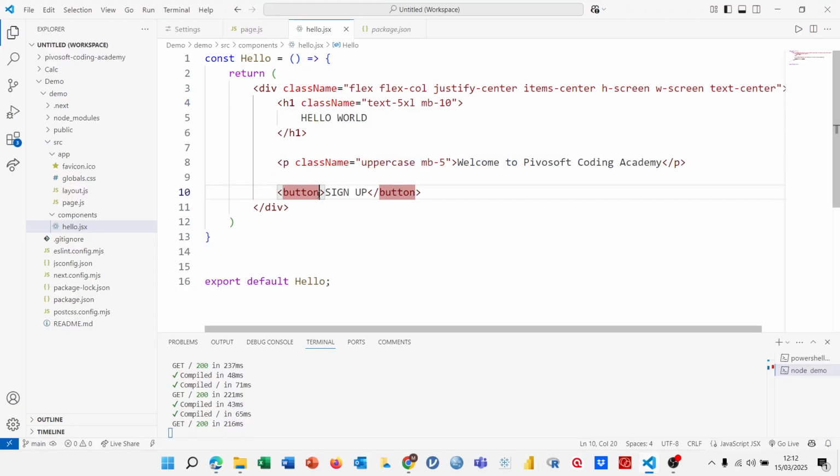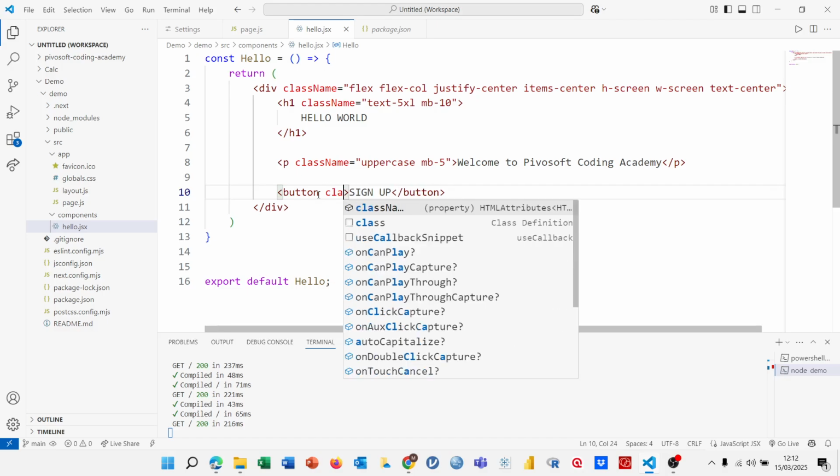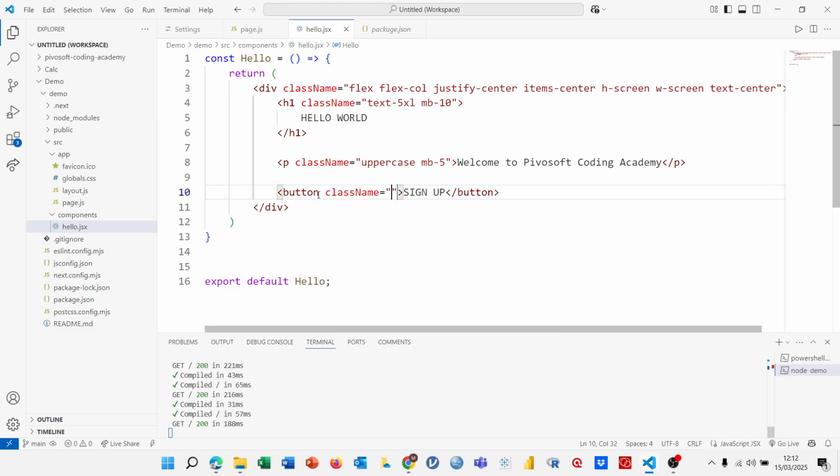Now with my button, I'm going to give it a background color. Again, we set class name. That's how we use classes in components. To give a background, you use bg hyphen, then the color you want, let's say red. Then I can specify the value. Okay, in Tailwind,